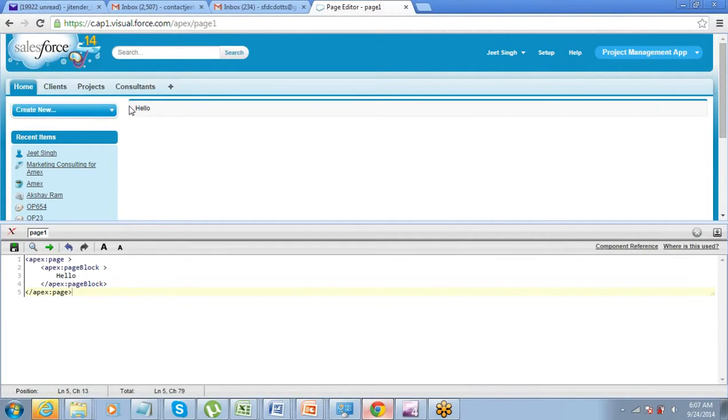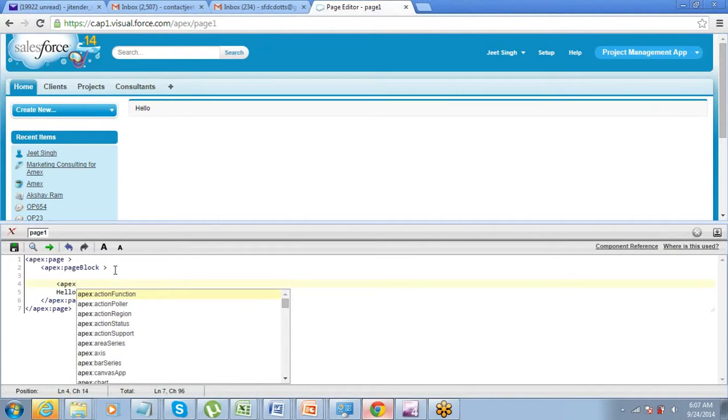See, there is a page block created, a small rectangle. So this is another component. Page is a component, page block is a component. This way there is a form component, table component, button, link, input box, output box, text box, input text. A lot of components are there, right? So the moment I start typing here, if you type Apex colon, you will see a big list of components. These are all the built-in components which are there in Salesforce, right?